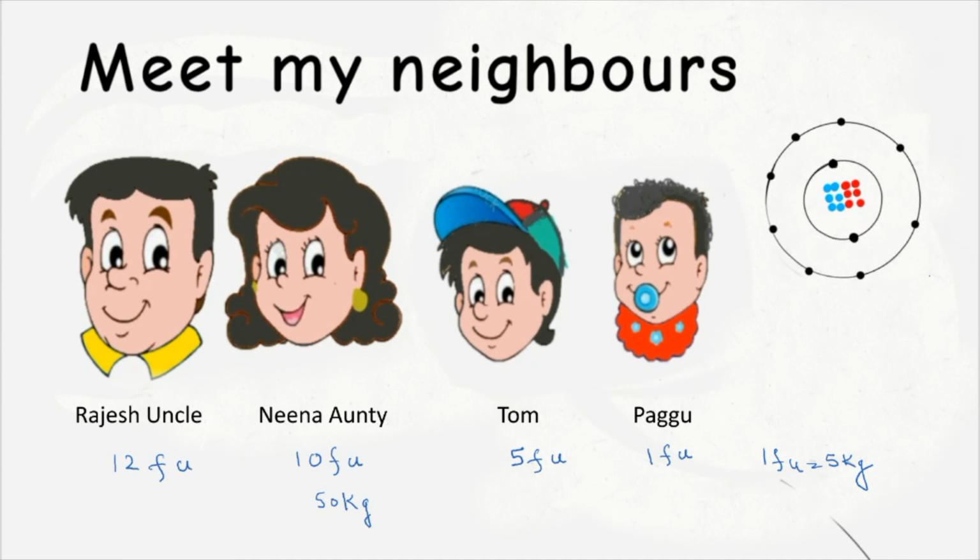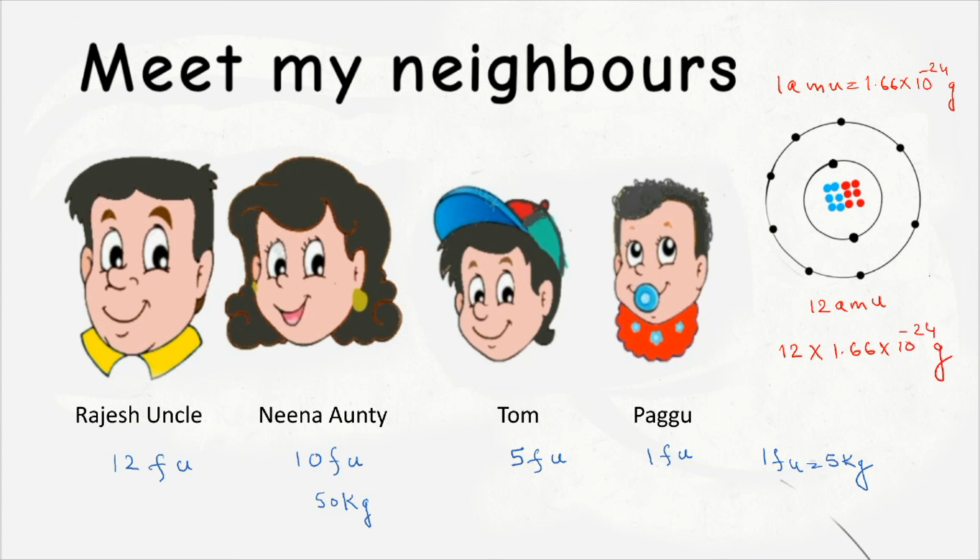In the same way, what will be the mass of carbon atom in the new system of unit? That will be 12 AMU. Why? Because 12 nucleons are there. But if someone is asking what will be the mass of carbon atom in gram, that time itself we can convert it. How? 1 AMU is equal to 1.66 into 10 raised to minus 24 gram. We will multiply it. So what will be the mass of carbon atom in gram? 12 into 1.66 into 10 raised to minus 24 gram.